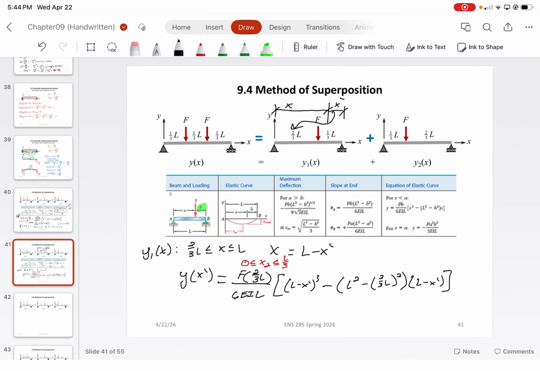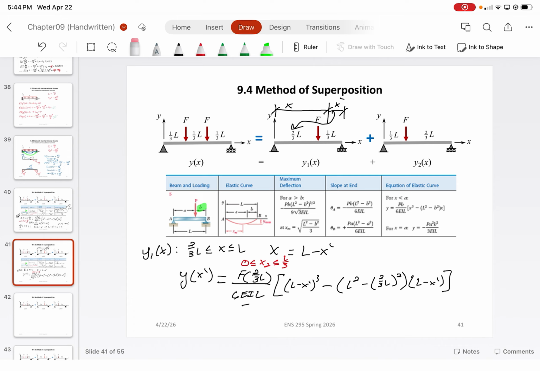All right, so then finally, once you solve for everything, you can contract this downwards, and once you simplify everything, you can plug back in the value of X is equal to L minus X and replace all of the terms again. And what you should find is that y1 of X is equal to,